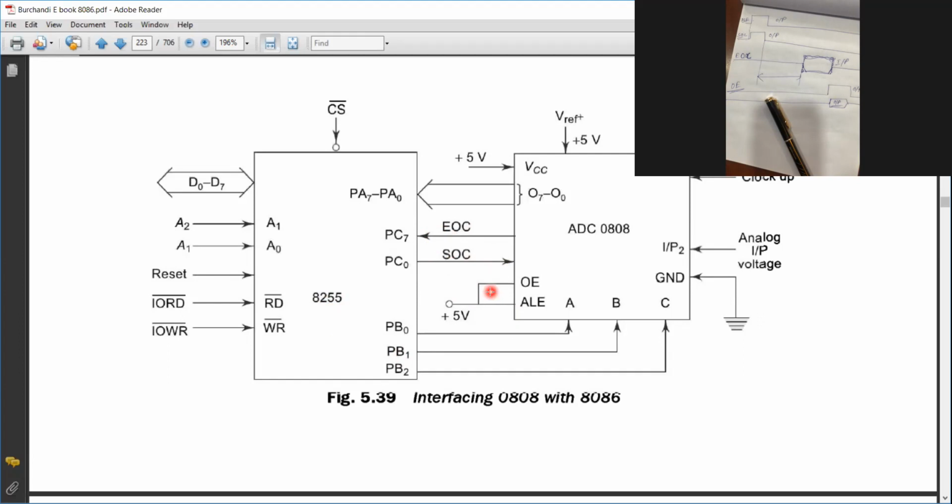Next is ADC and DAC interfacing. Tomorrow ADC and DAC interfacing will be done. Next there is another thing, the DMA controller, and it is the end of 8086. And I request everyone to write down all the programs whatever I am writing in 8085. They will be converted into 8086 as well.